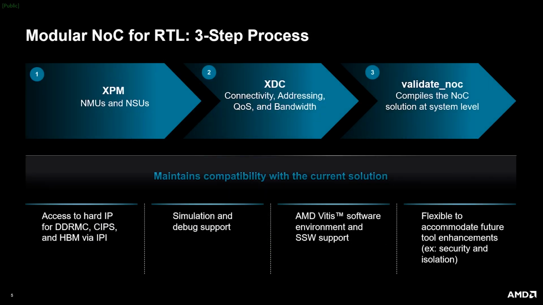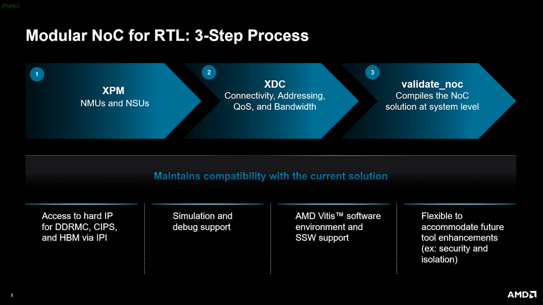The modular NoC solution is comprised of three main steps. Step 1 is to connect all AXI buses that want to utilize the NoC to Xilinx Parameterizable Macros, or XPMs. The master XPM contains the NMU to get on the NoC, and the slave XPM contains the NSU to exit the NoC. These XPMs are stitched into the custom RTL manually anywhere in the design hierarchy. In this manner, Team A and Team B can each specify their XPM NMUs and XPM NSUs in their designs independently, and they no longer need to update a shared block design.